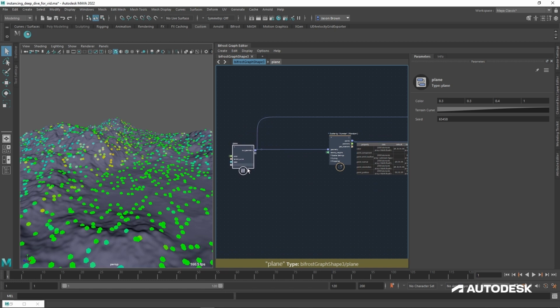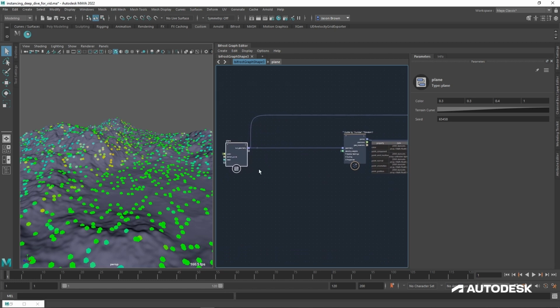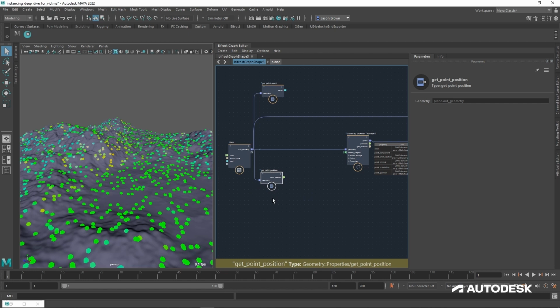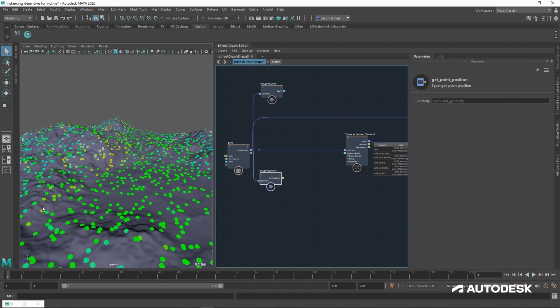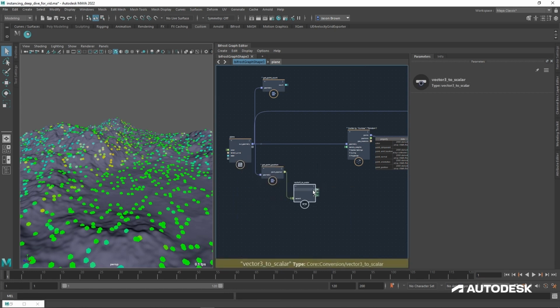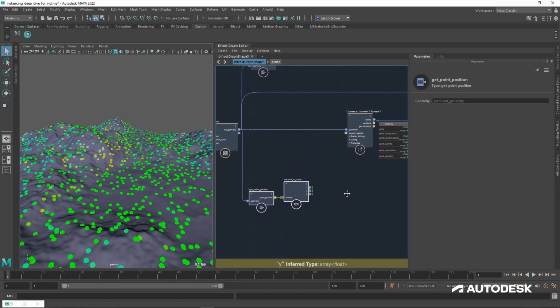So what we're going to do first thing is build something to work with our density weights. And I'm going to use the points from the plane to do it. So this time I'm going to get the point positions. There we are. I have the point positions of every point on this plane. Not the points I've scattered, they're coming out here, but every point on this plane. What I'm going to do is split that up. So I'm going to do a vector to scalar, Vector 3 to scalar to be precise. So now these are the three elements that make up the position of each point, the x, y, and z element.